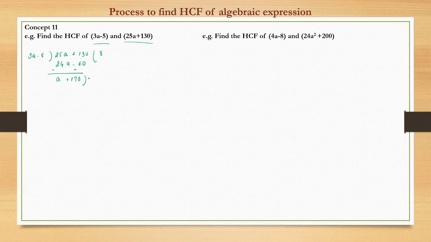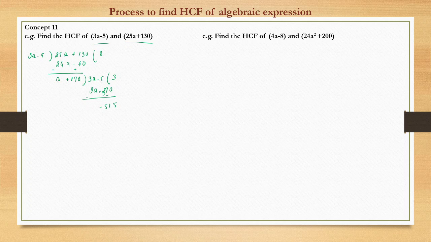Right? This will divide 3a minus 5. This will go 3 times. So it becomes 3a plus 210. Right? Sorry, 510. So now subtracting both, we get what? We get cancelling. Here it is minus 5, 15. So this is the way we proceed ahead with the questions on HCF.